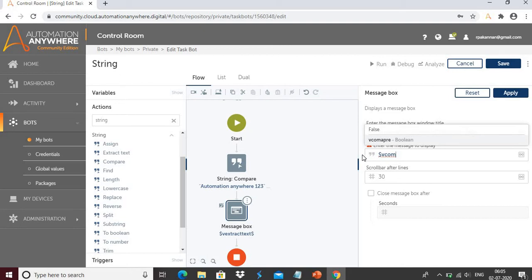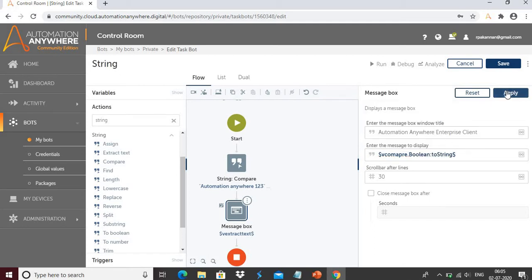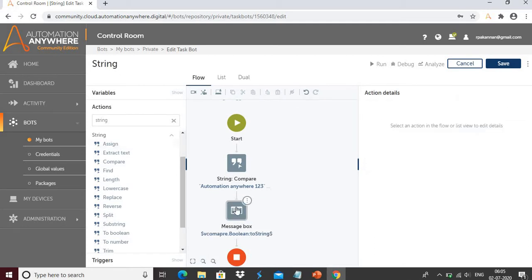Whenever I start typing, it will display the value. So just select the value, and at the end we have a dollar symbol, right? Before the dollar symbol just type a dot. Next you will again see the drop down list. Here you need to select toString. So we have selected it, and now you are able to display the value.